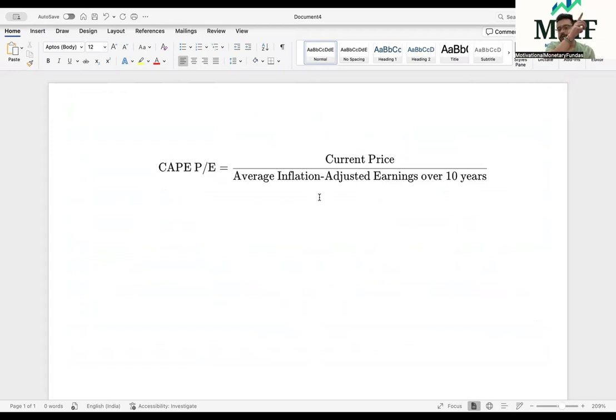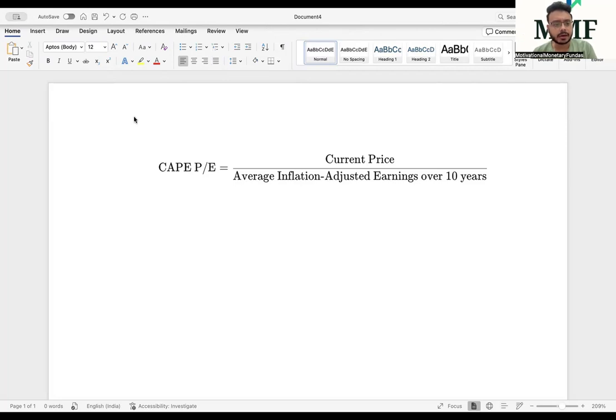In the formula that we saw on the screen in the JP Morgan report, it was for the past 30 years. So we are taking into account the current market level of the index or the stock price in the numerator, and then we divide this by the average inflation adjusted earnings over 10 years. We can have a separate video on how to adjust these numbers as well. That's a good thing to ponder upon.